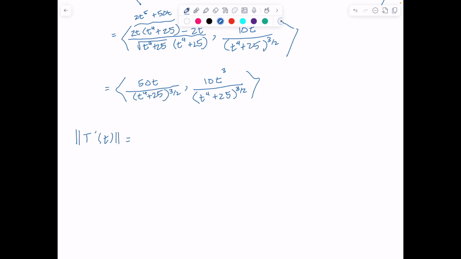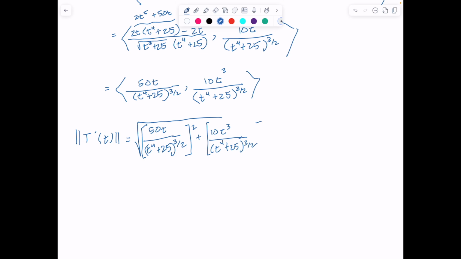And that will be the square root of 50t over t to the fourth plus 25 to the 3/2, that quantity squared, plus 10t cubed over t to the fourth plus 25 to the 3/2, this quantity squared,